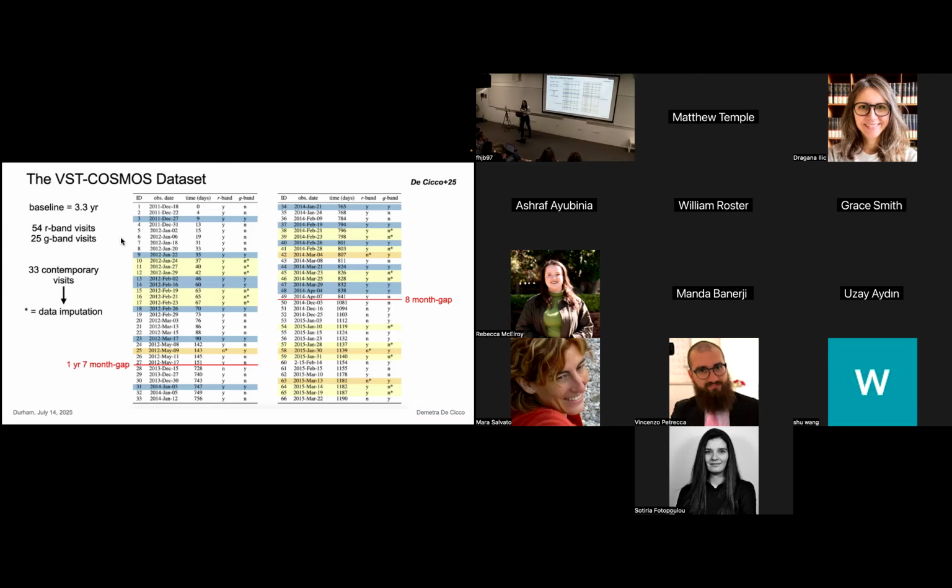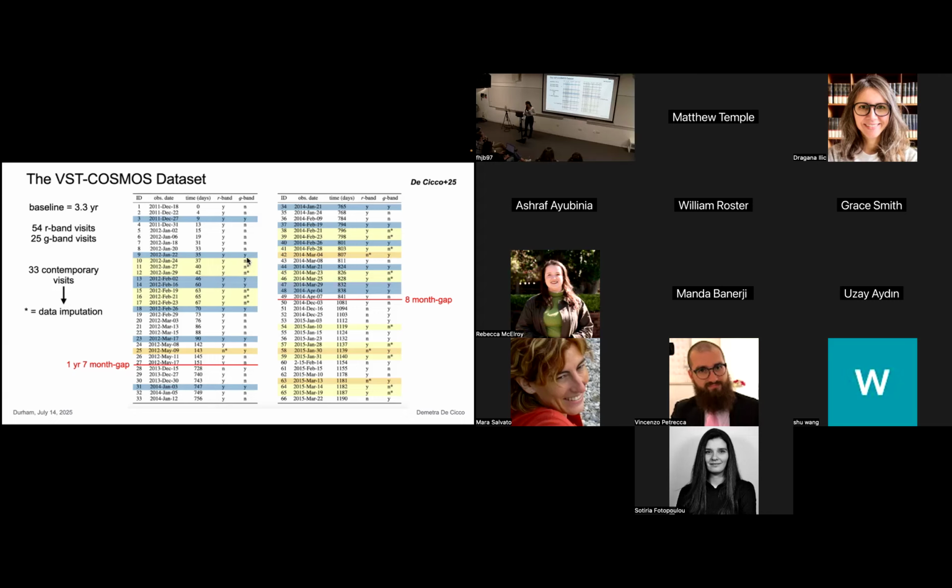We want to compute features, but in order to compare them properly for the same source, we need to have the same number of points in a light curve. So the first thing we did was resort to data imputation. You see this table here, our data set. Where you see these light or dark yellow areas, it's where we could use that imputation, meaning that we